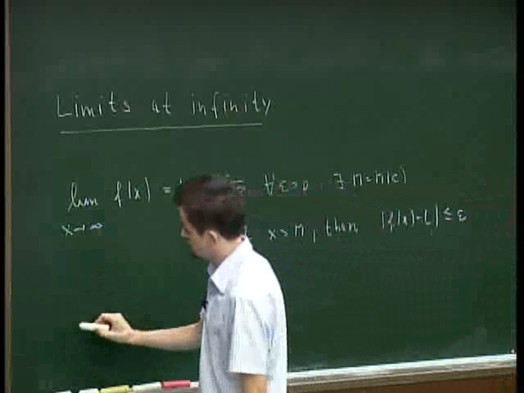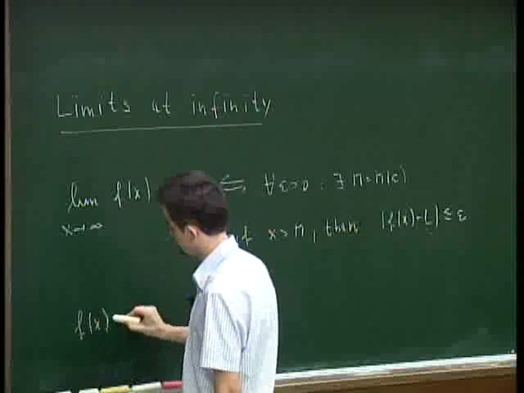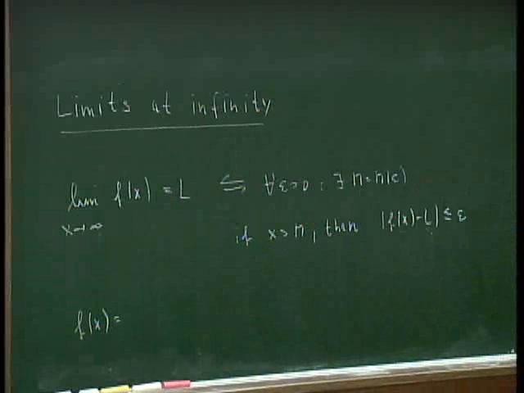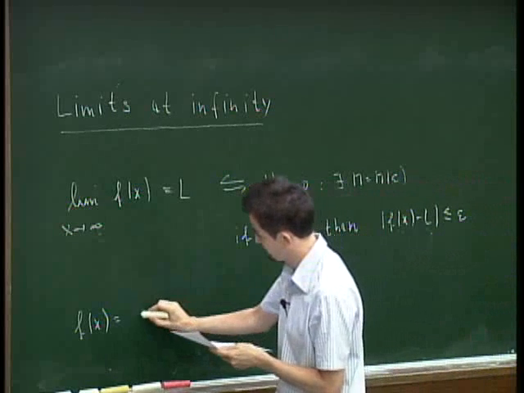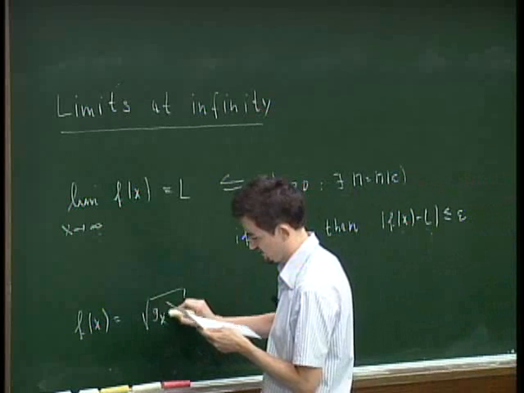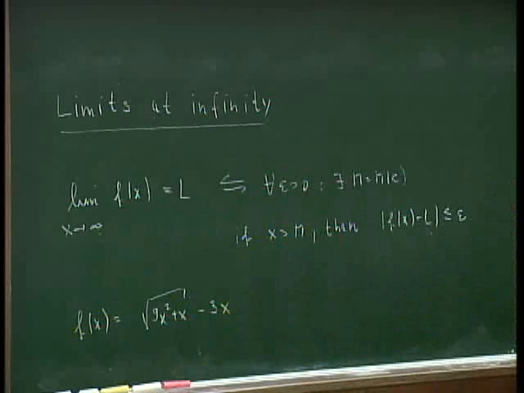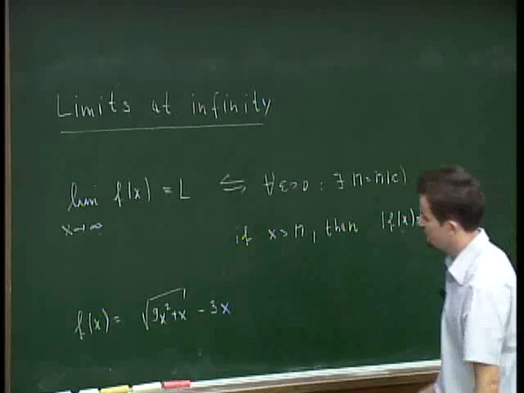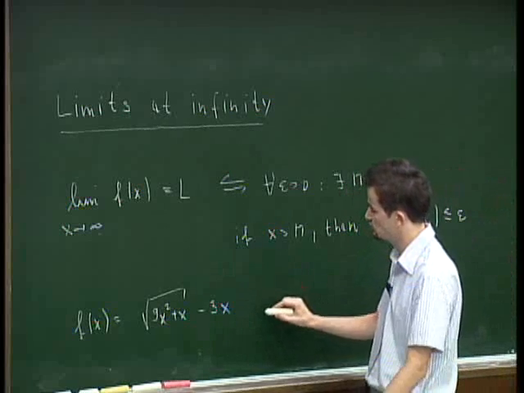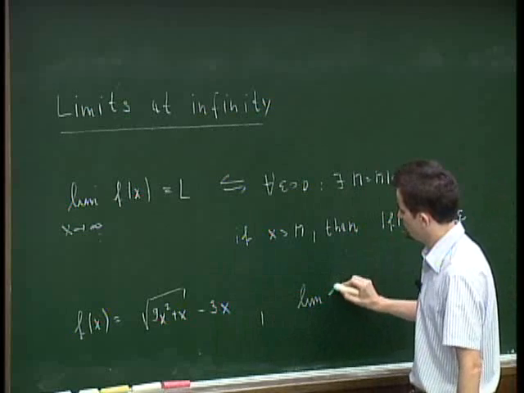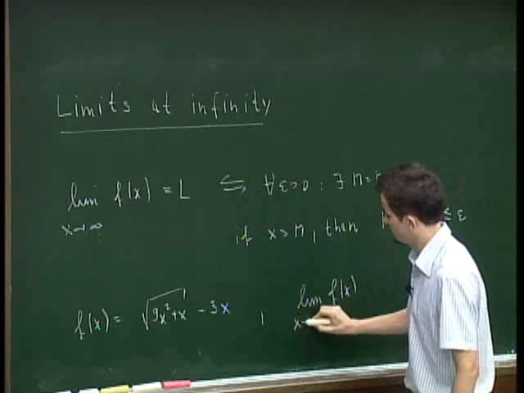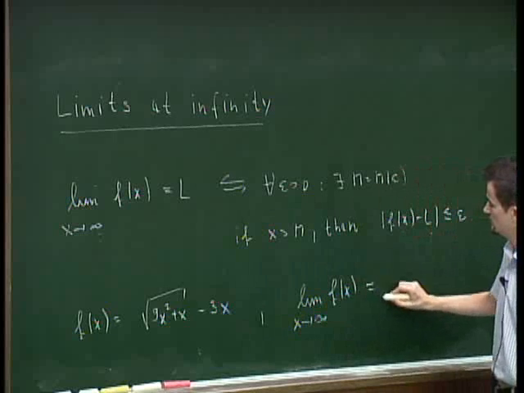So just to demonstrate this once more, let's look at another, easy example. We consider the function square root of 9x squared plus x, minus 3x. Just to see once more how this building works from the limit laws and from easy functions. But of course you know this from high school. So if we want to figure out the limit of f of x as x tends to infinity, of this expression,